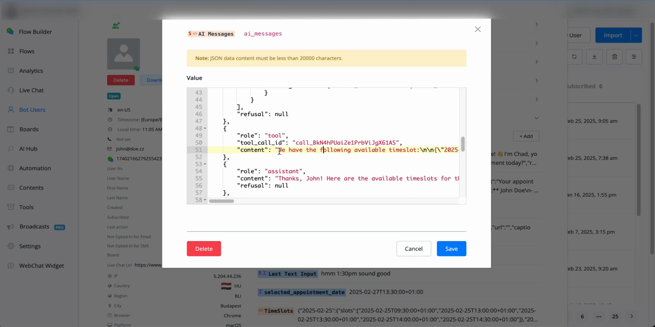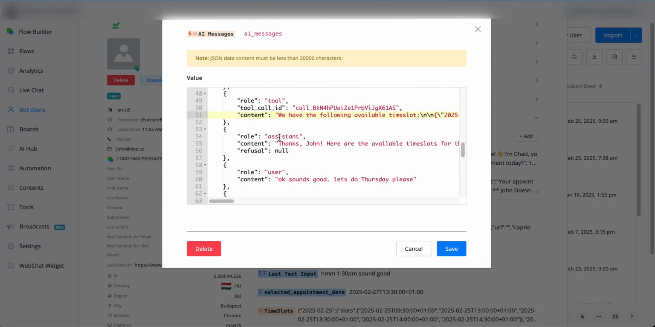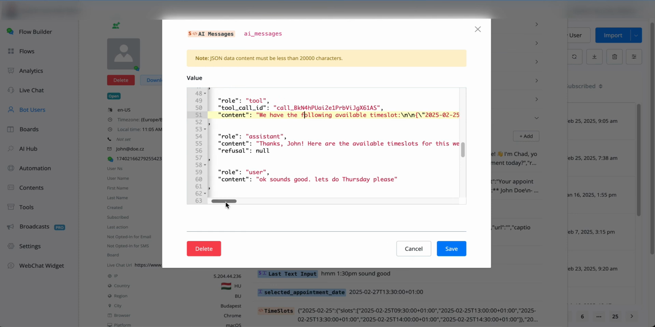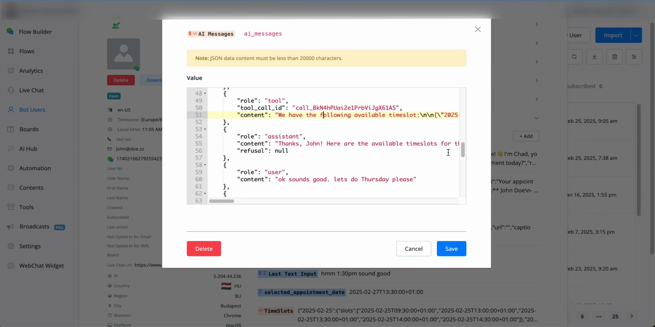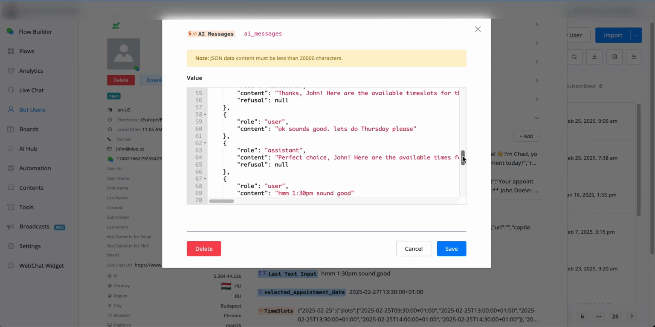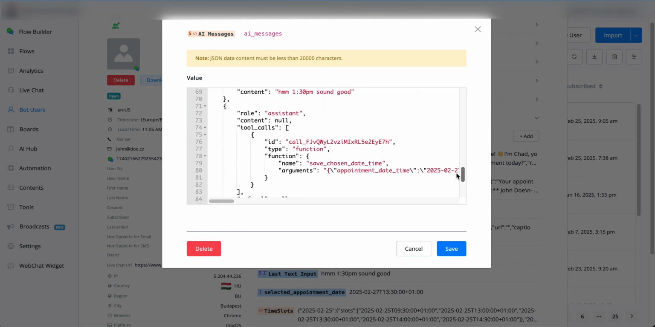We are now triggering the function call where we have the workflow connected to fetch all of the available time slots. As you can see, later on, the next step will be the AI agent again that formulates the available time slots based on the given data with a little bit of formatting as we have set up inside the AI agent prompt. If we continue the conversation, we can see user response, the assistant response, the user response, and